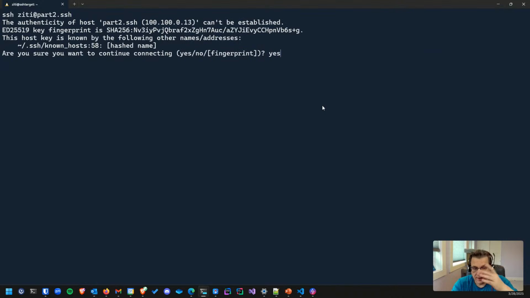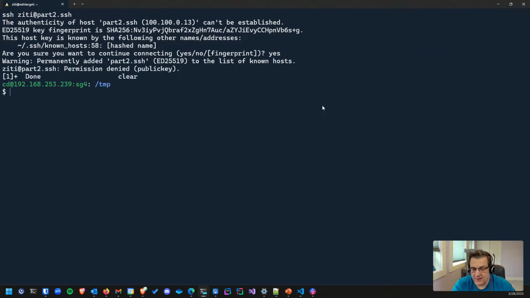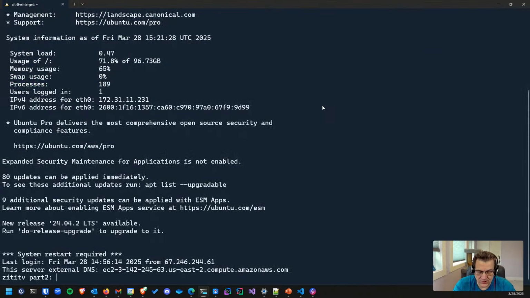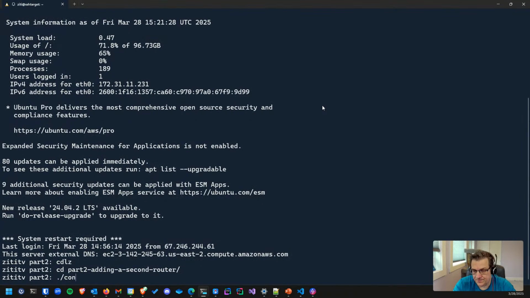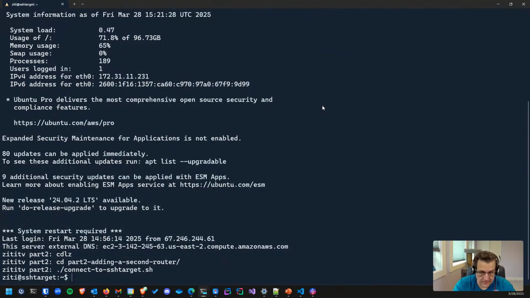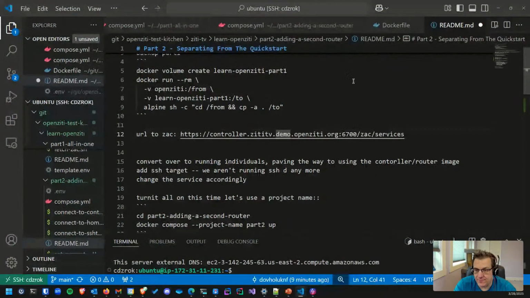And then it'll say, do you want to connect? I say, yes. This is the normal SSH handshake. And you can see permission denied because I forgot to do one thing very important. So if we go back to that machine and CD to learn Ziti and CD to part 2 and connect to SSH target, we'll see if we go back and read the README,